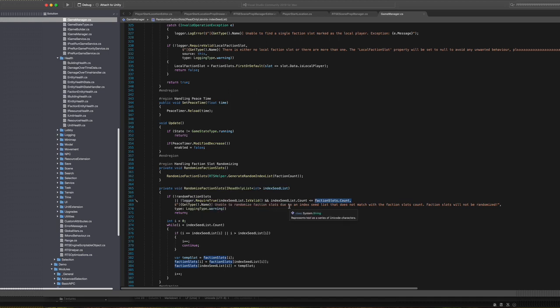So this basically says, is the list valid? If not, does our index seed list count match the faction slots? So our lobby is passing 4 players. Our maximum players in our lobby for this map is 4. Our map has 4 factions. Those 2 there, these 2 there, here. From what I understand, index seed list count is the max value of factions or players you can have from the lobbies. So if we're only sending 2, or sorry,